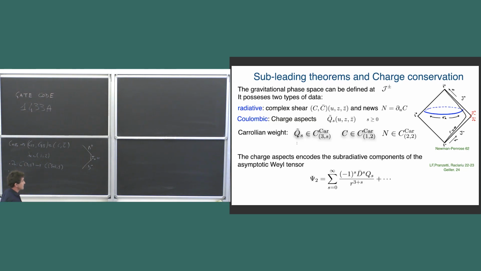So this is the thing which is under question or under review right now. How much of these survive in the absence of peelings, which is kind of if you include the logs. And so I think there's two types of logs. The log of R, I don't have much to say about the log of R, but there's the log of U. And I think the log of U, the evidence is, but the inclusion of the log of U can be done, but you need to add an edge mode structure to what I'm going to tell, okay?